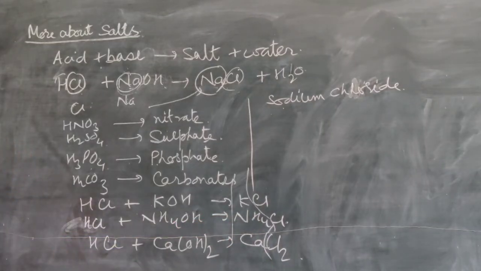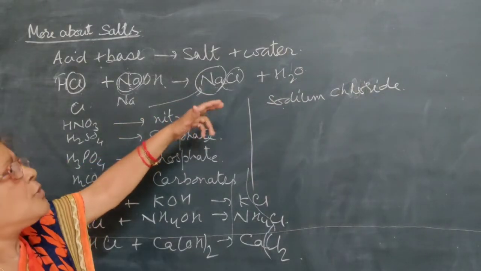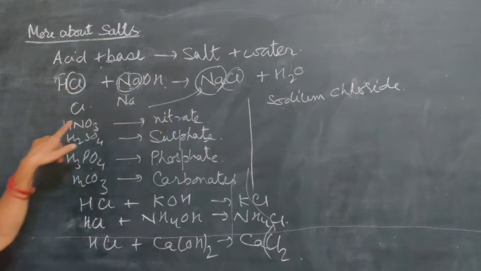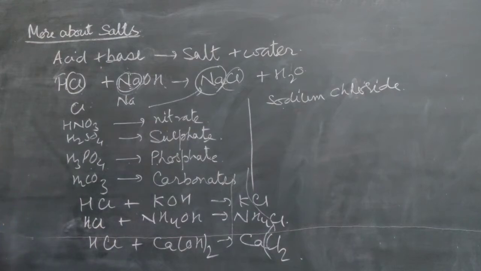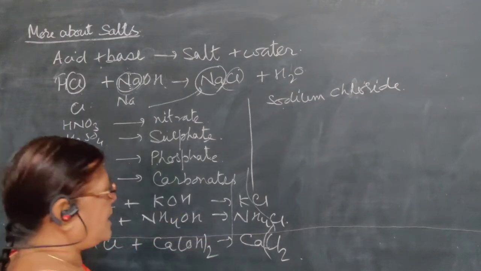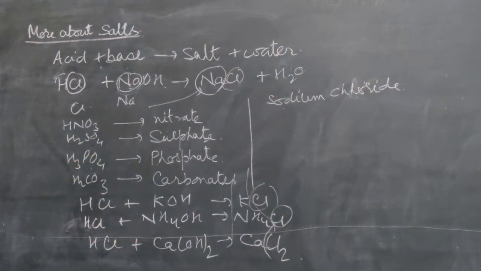So when you classify the salts, they can be classified either on the basis of the acid used or on the basis of the base used. When we change the acid, the base part will be the same, and you will get one family, like sodium chloride. Then you can change the base, and you will get another family in which the bases are different but the negative ions are the same. In this way we can classify the different salts which are formed from acid and base.